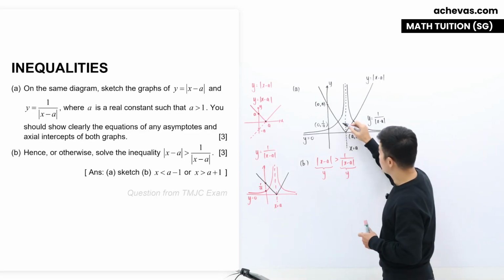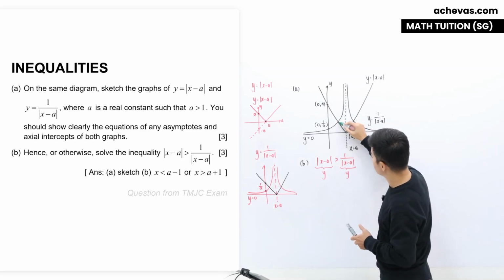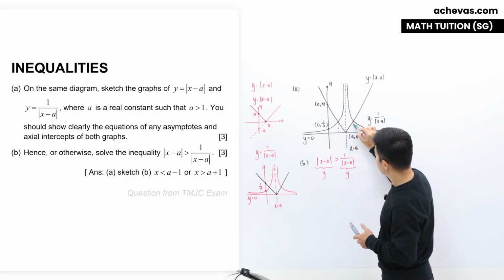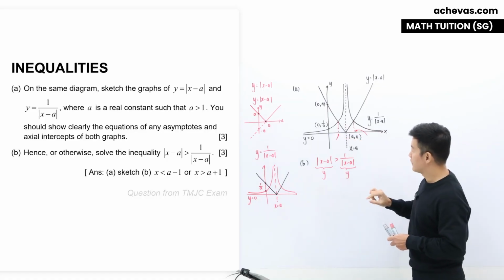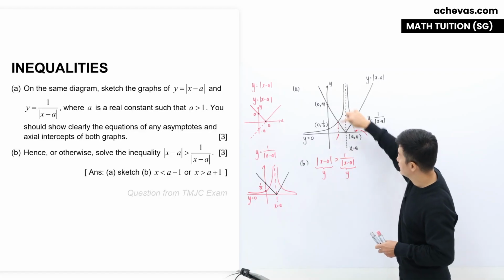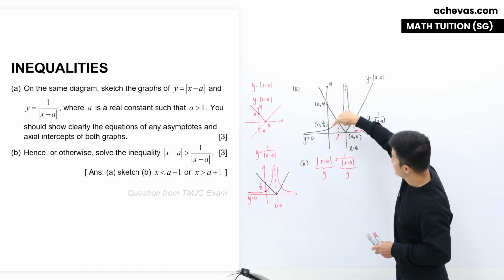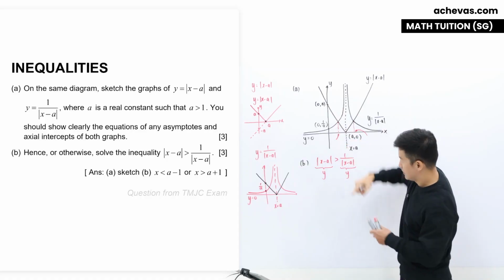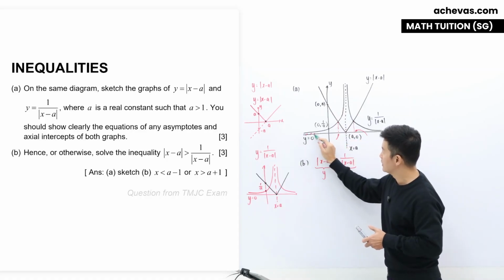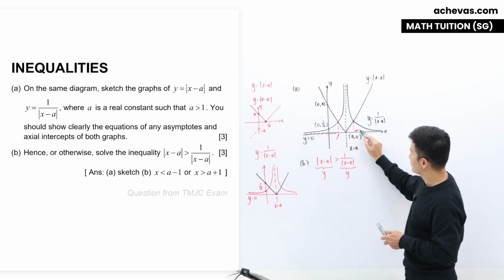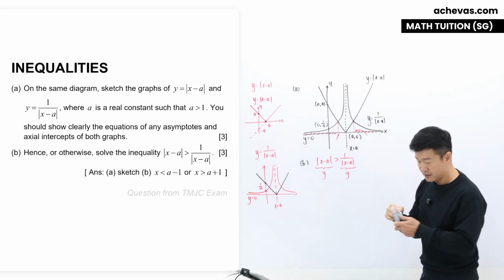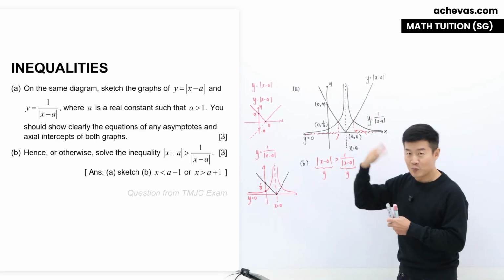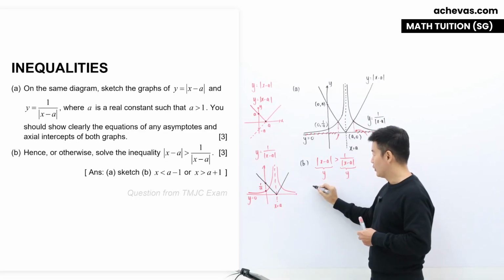So the very first thing that we should try to do is to find the x coordinates of the intersection between the two graphs. And that will be here, the x coordinate of this point and the x coordinate of this point. And with the x coordinates found, if I look at the y coordinates, this is where the y coordinates of this are bigger than the y coordinates of this, because that's what we want, which means that the set of values of x will be this portion here, and the other portion will be this, because this is also the portion where the y coordinates of this graph are more than the y coordinates of the other graph. So with this that we have strategized and planned,